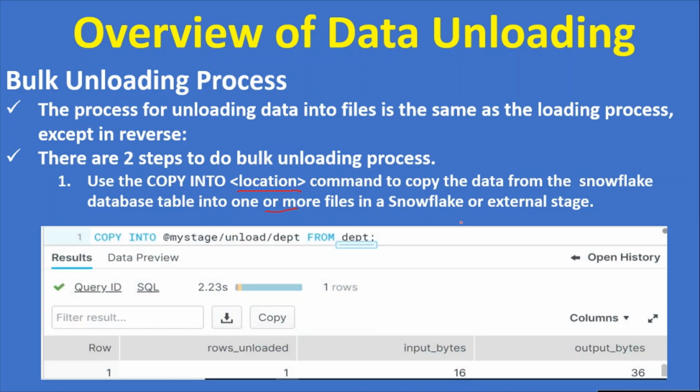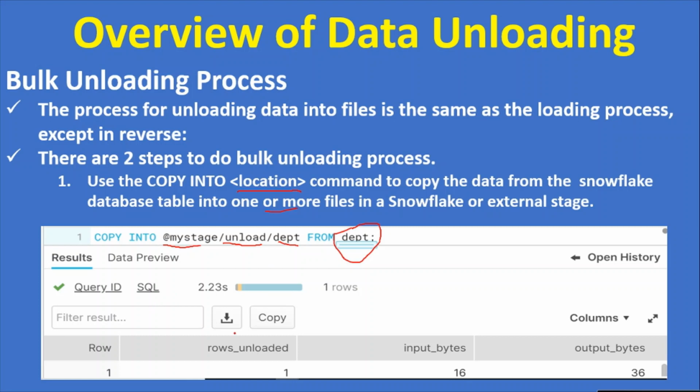Here is the example. If you see copy into, this is my stage name, my_stage, because this is the internal named stage. That stage name is my_stage, that's why I use the @, and unload is the folder inside it. I want to make one more folder, unload, and then this is the file name prefix, dept, from the actual table name which is present in my database.